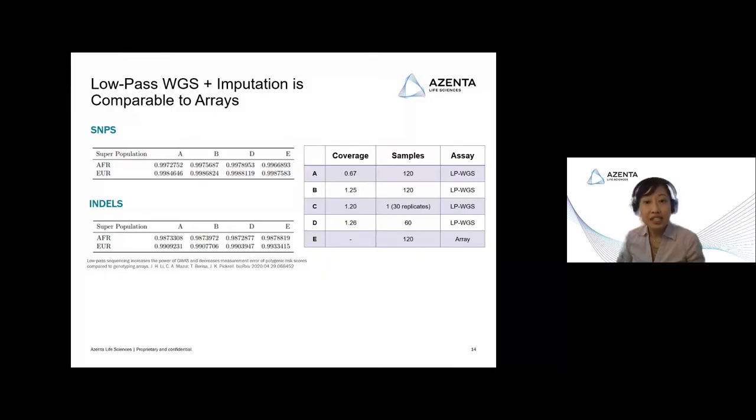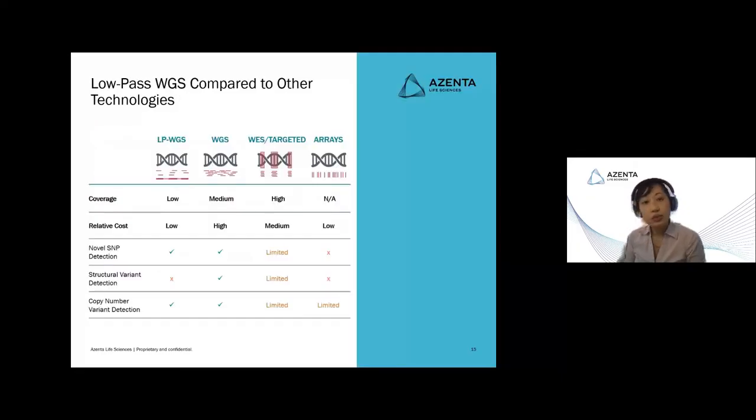Particularly in the African ancestry group, that did benefit the most out of this type of study. So making low-pass whole genome sequencing as part of the study does make it a viable alternative to a traditional array. So whole genome,